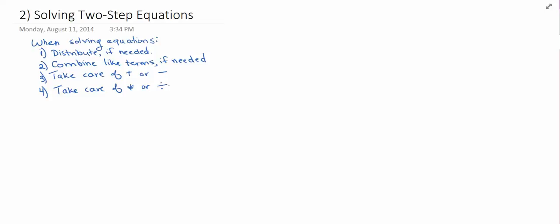So let's say that we look at that first problem on your paper. Number 1, we have negative 97 equals negative 6x minus 7. Okay, so you want to go ahead and work through this. You're going to work through it backwards. So the first thing is, do we need to distribute? Are there any parentheses there? Doesn't look like it, so do we need to combine any like terms? We're still good. Take care of addition or subtraction. So we want to get x by itself, so we're going to get rid of the minus 7. So we're going to go ahead and add 7